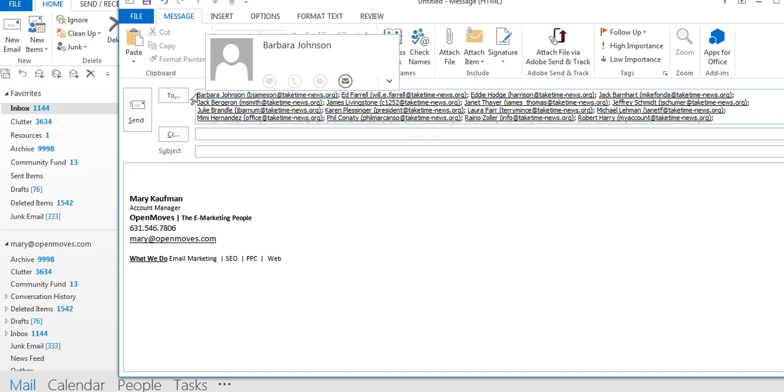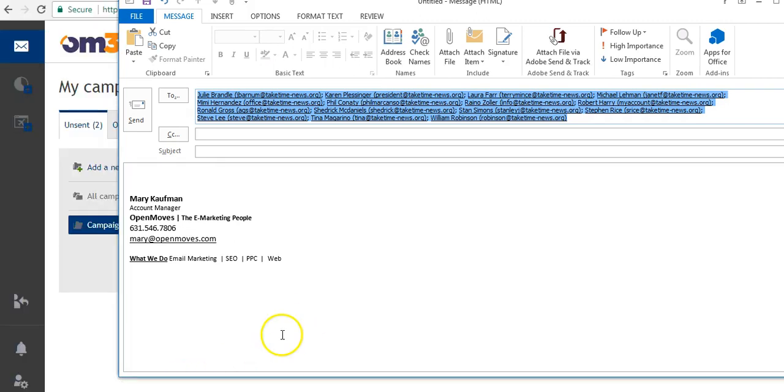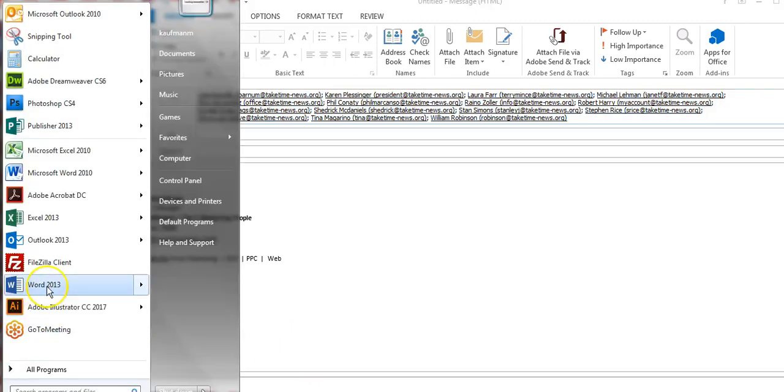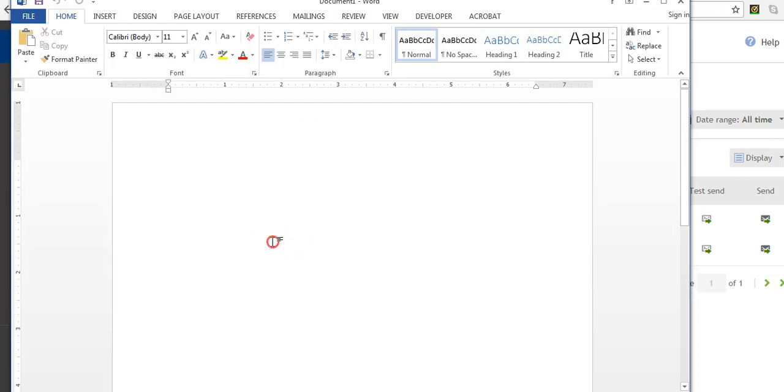All right, so I'm going to select all of these, select all, and copy. Now, before we can paste them into Excel, I need to paste them into Word because I need to make sure it's correct. I need to do some finding and replacing, which is harder to do, I find, in Excel. So to do that, I'm going to open up a new Word document. I'm going to paste